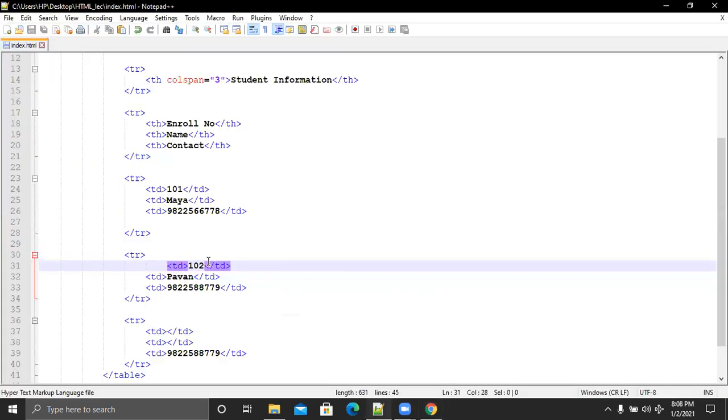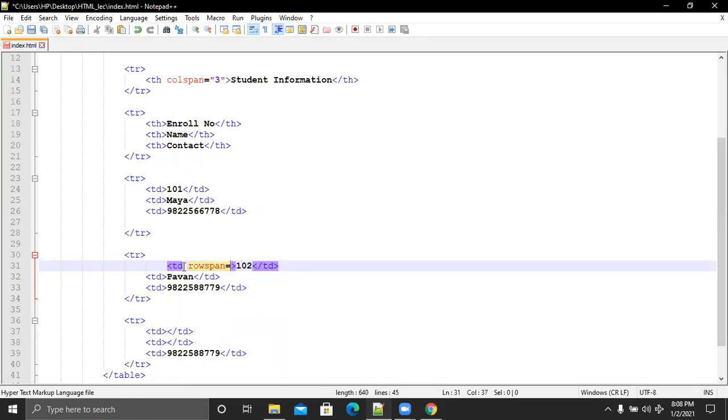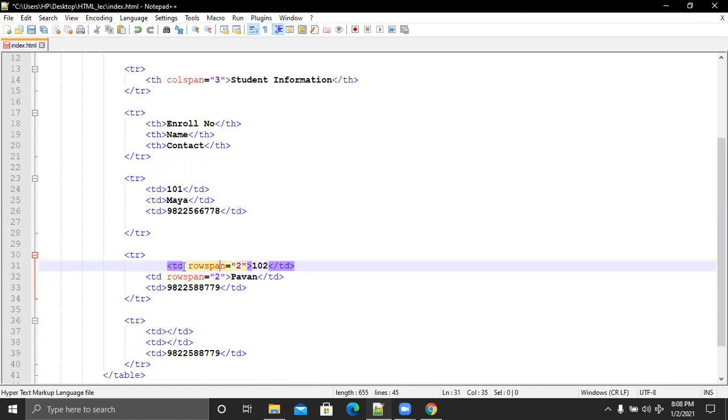So we have to give rowspan in this td. So here I just give rowspan, and we want to merge 2 rows. So for that we give the value 2. Similar to that, we want to merge the name. So here I again give rowspan, and I want to merge 2 rows. So for that I give the value 2.